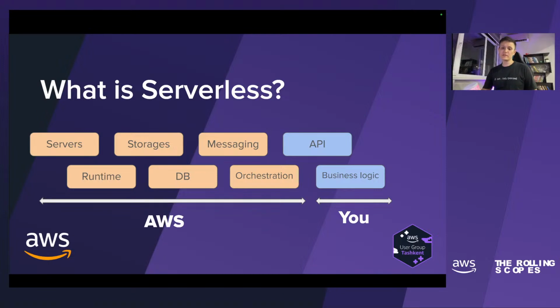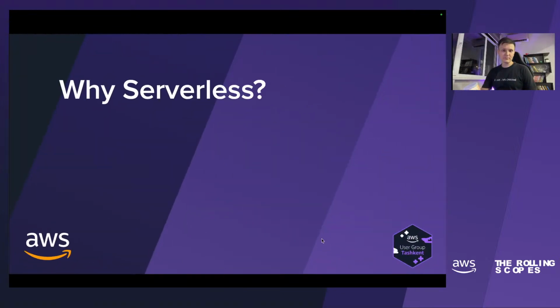So basically, serverless is the concept which enables you to outsource all the management of infrastructure to your cloud provider and keep the focus of development teams only on writing code, and that's it. But why serverless? First of all, as I said before, you don't have to provision your infrastructure and you don't have to manage it.